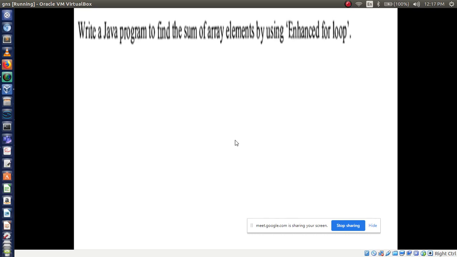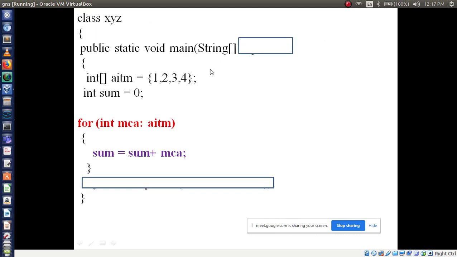1 plus 2 how much? 1 plus 2 plus 3. Now 3 plus 3 how much? 6. 6 plus 4 how much? 10. So you have to calculate in this way. So using enhanced for loop only, you have to write a program. Now see here,